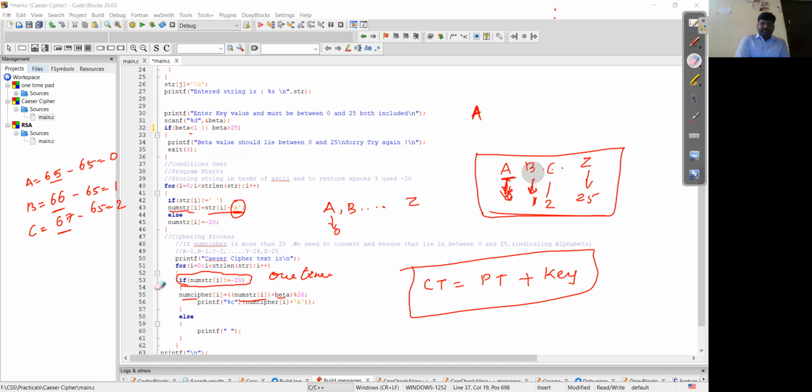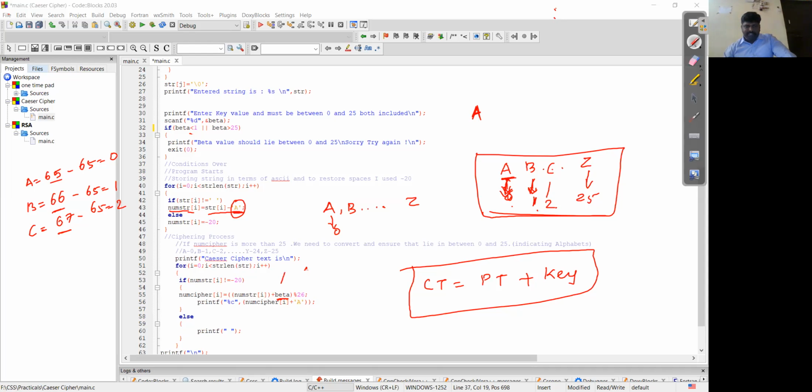Okay. Now, what I'm going to do through this line is add the two values. Num cipher is the cipher variable for each i: numstr of i, which I mentioned is 0, 1, 2, up to 25, plus beta.